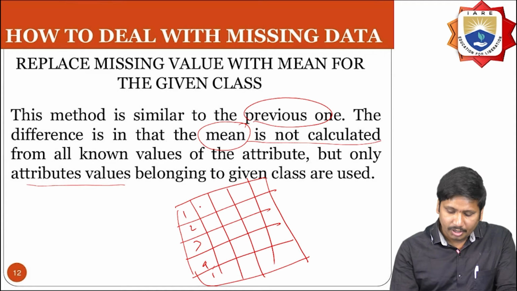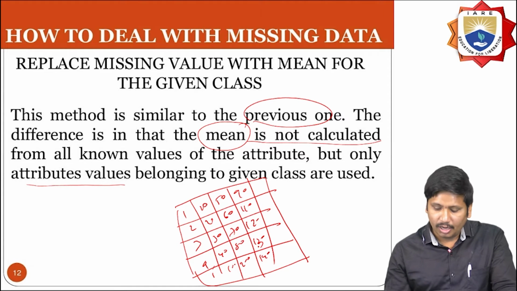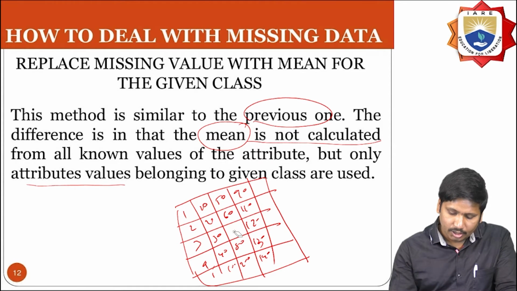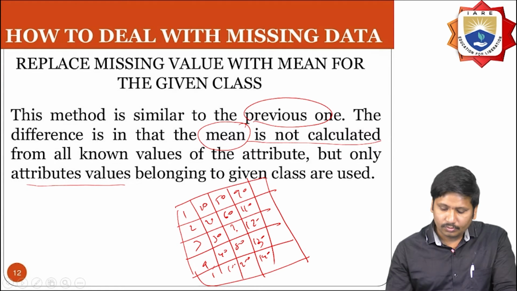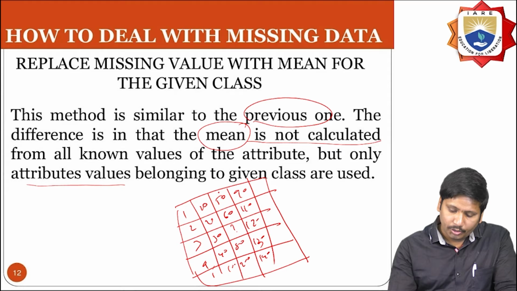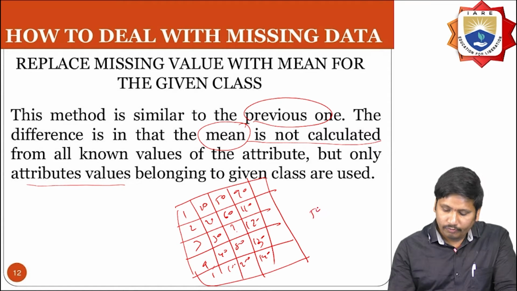So some values I'm having here: 10, 20, 30, 40, 50, 60, 70, 80, 90, 100, 200, and then 110, 120, 130, 140. So like this I'm having. Here the data is missing. Right? So in the previous example, what I said was I'm going to calculate the mean value of 50, 60, 80